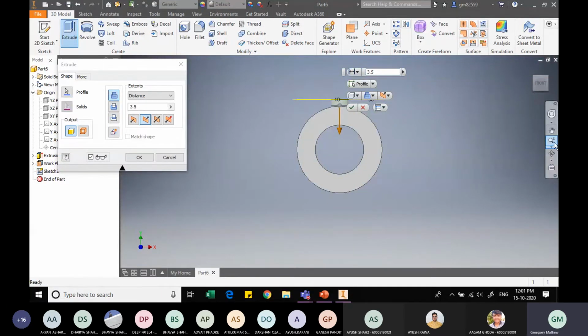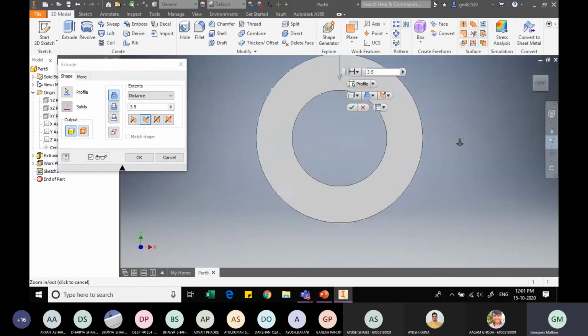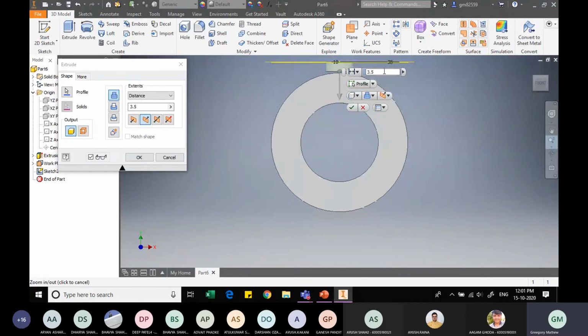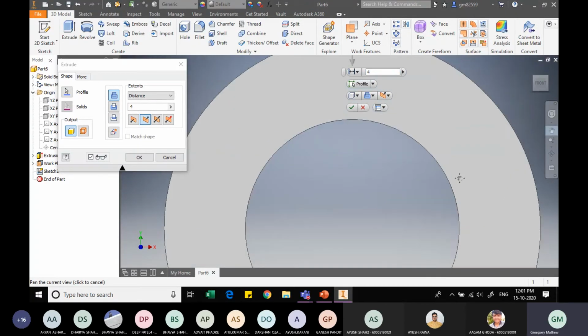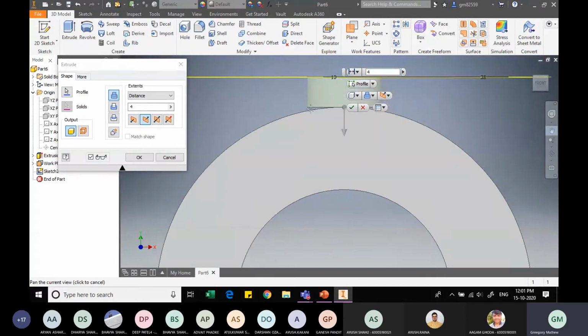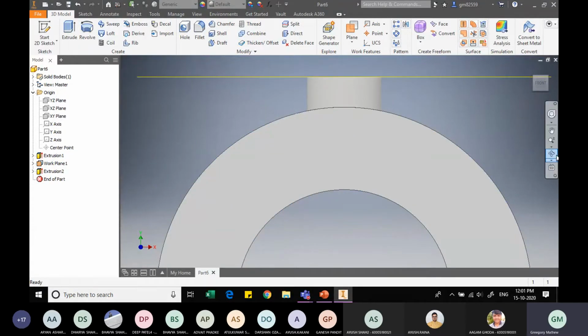You see this? Let me zoom this. 3.5 or is it 4? Yes. So when I extrude to 4, it is actually not completely intersecting. Let me just zoom it further. Let me bring it here. Yeah. So you see here gaps. We do not want that. That is why you cannot use the distance option. However, we'll use the To Next option. To Next option means the next possible surface. So it will be intersecting with this outer surface straight away. And I'll click on OK.